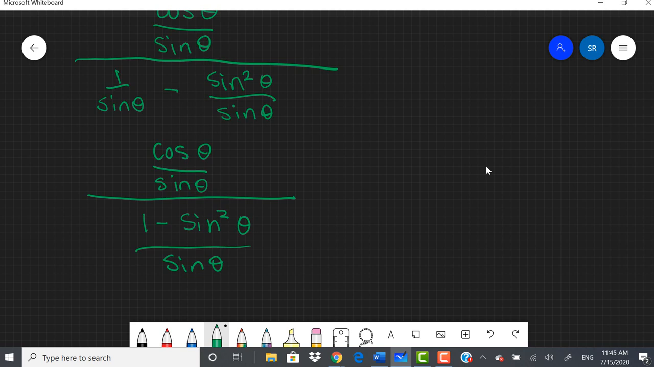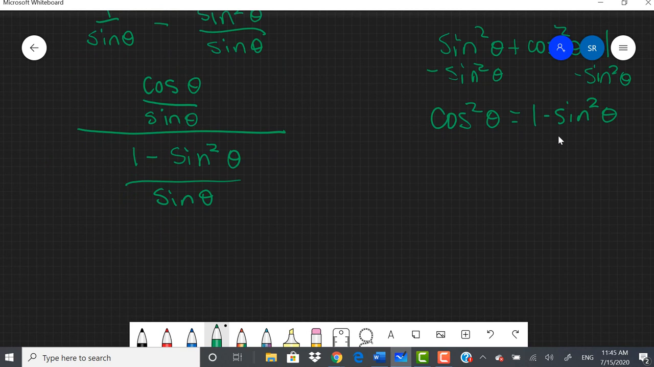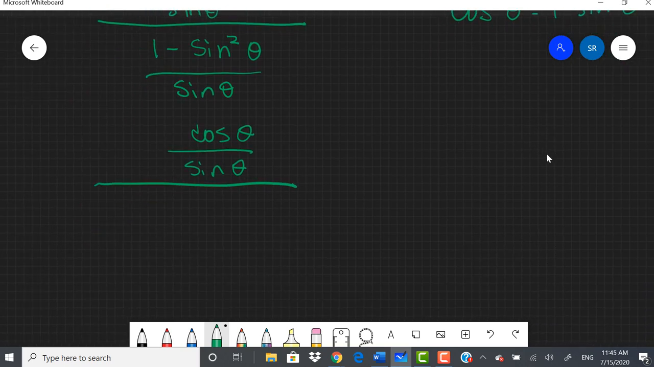So looking at our trig identities again, I know that sine squared theta plus cosine squared theta is 1. So what I can do is subtract sine squared theta from both sides of my equation and get that cosine squared theta is equal to 1 minus sine squared theta. Then I can substitute cosine squared theta for 1 minus sine squared theta. My numerator has not changed. I'm only working with my denominator right now. So this becomes cosine squared theta